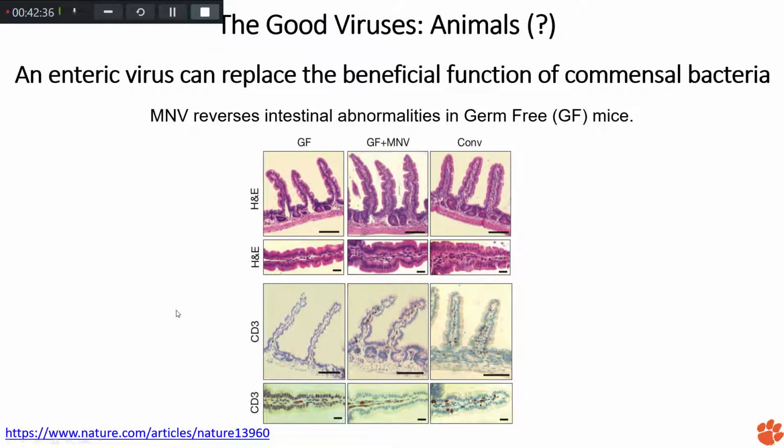This is from a Nature article, and this is the first time that we are understanding, at least from germ-free mice, that there are some ideas that a norovirus is doing something in their gut. The norovirus is what we call a cruise ship virus. Sometimes on a cruise ship, gastrointestinal disorders break out. There are many other viruses that can cause that. Rotaviruses can cause that as well. But norovirus is one of the common ones that happens on cruise ships.